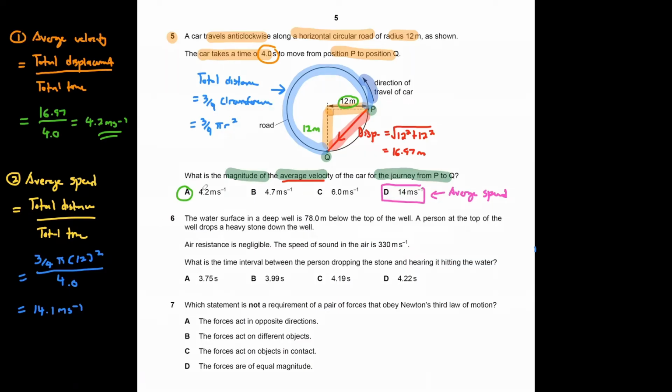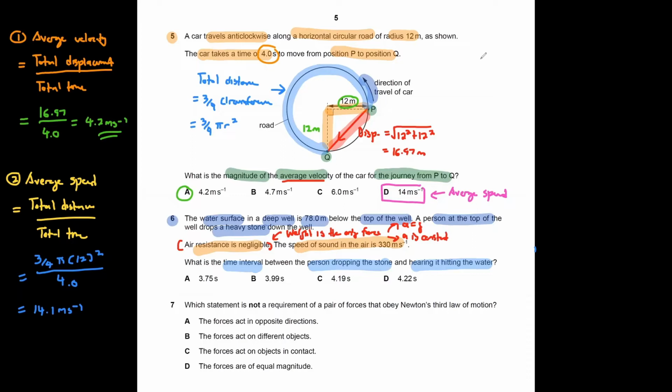All right. Now in question 6, the water surface in the deep well is 78 meters below the top of the well. A person at the top of the well drops a heavy stone down the well. Air resistance is negligible. The speed of sound in the air is 330 meters per second. And then from here, what's the time interval between the person dropping the stone and hearing it hitting the water? So in the first place, air resistance is negligible here. From here, we will know that weight is the only force. From there, we can conclude two things. A will be equals to G, and A is